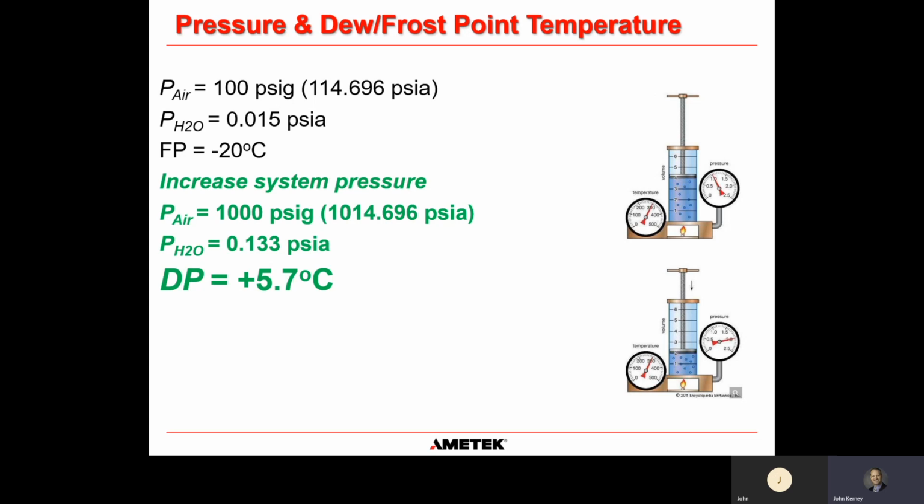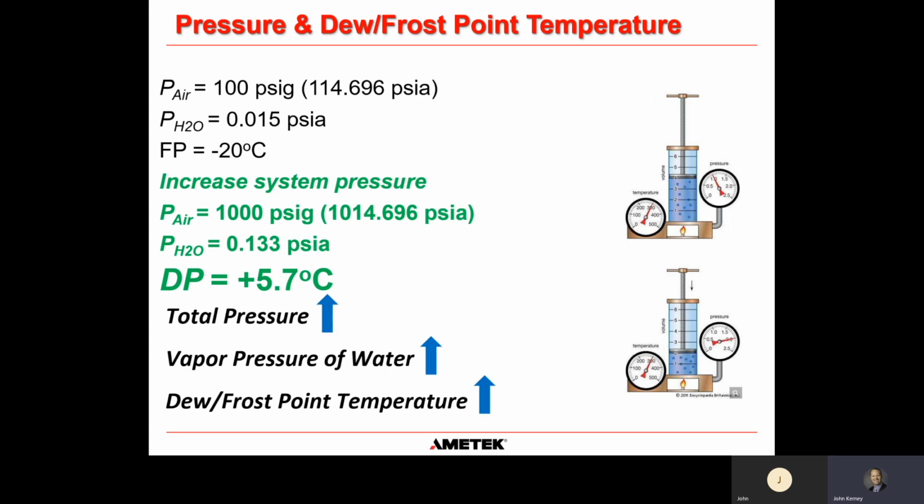So as a result, the frost point has actually gone from minus 20 C up to 5.7 degrees C. So total pressure increased, we increased the vapor pressure of water, and now we've increased the dew frost point temperature, which is somewhat interesting. So if you were looking at this practically, you might be measuring moisture before and after, let's say,